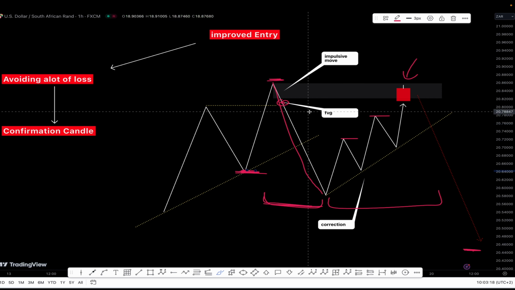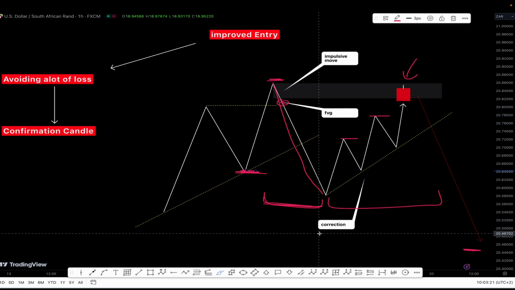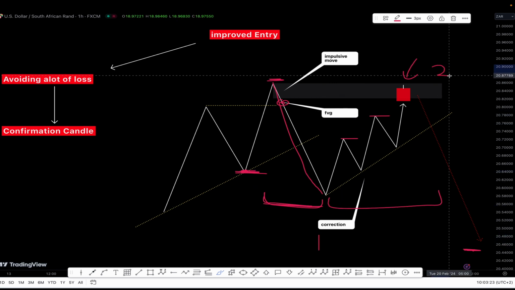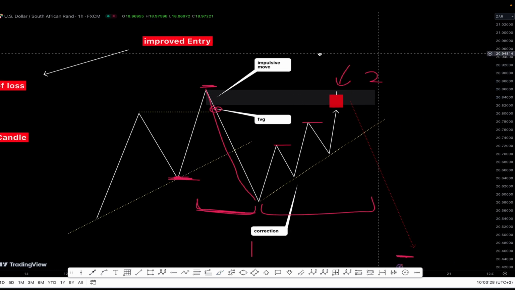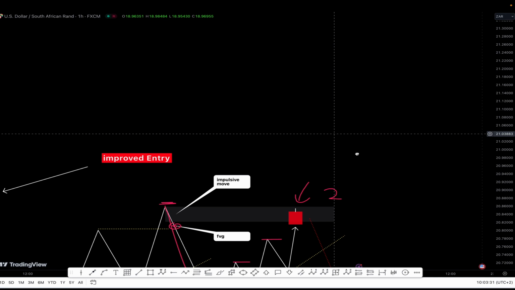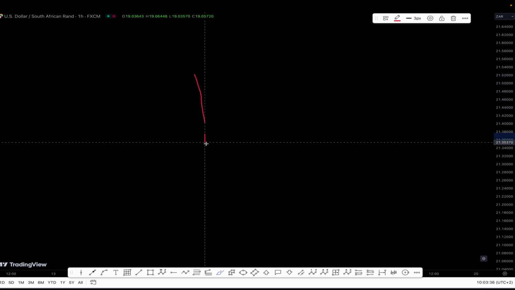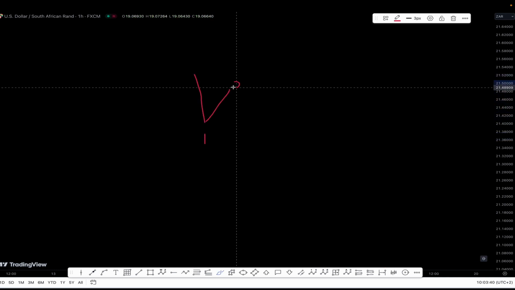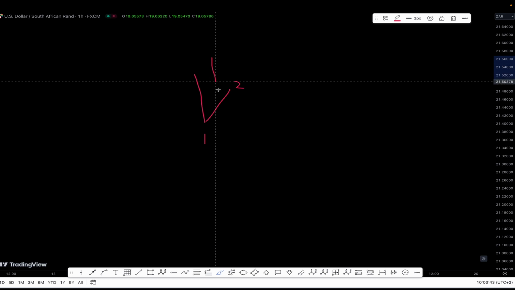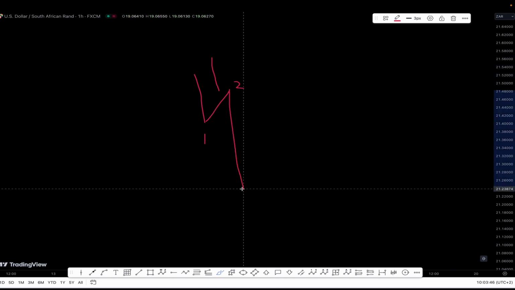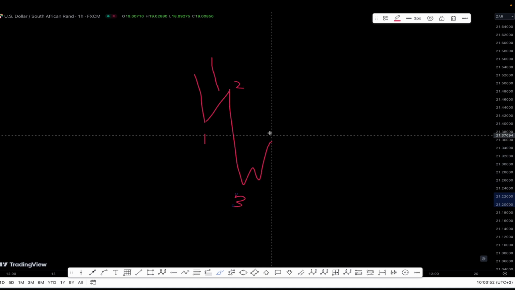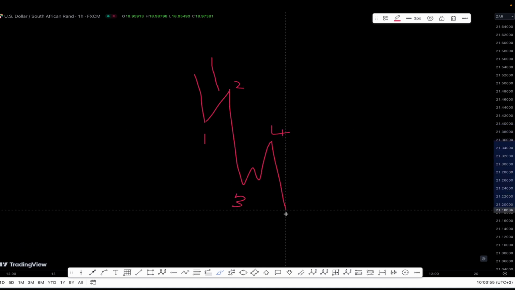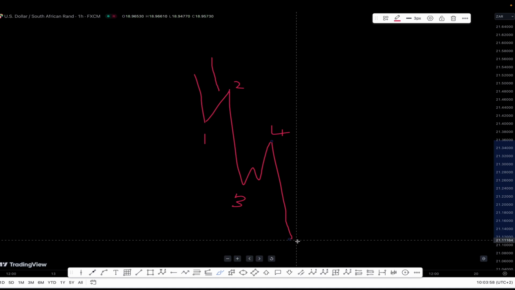And then for Elliott wave, I would know that this is the first wave, this one is the second one. So I would wait for the market to create something like this. Let me show you on the side. This is your first wave, one. This is your second wave. This one has to be a correction here. Then the market will move like this, make a correction. This is your third wave, and then a retracement to the fourth wave finally